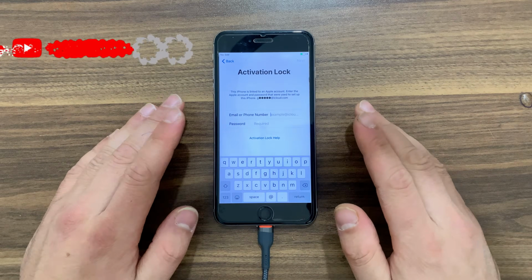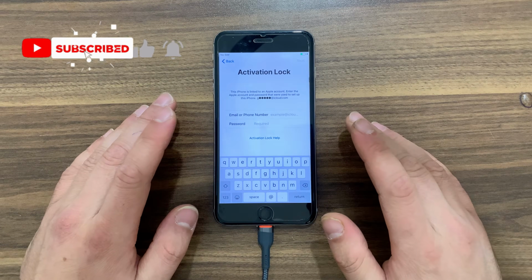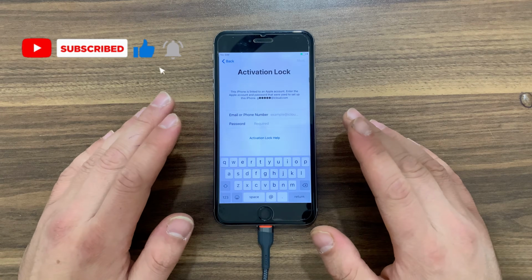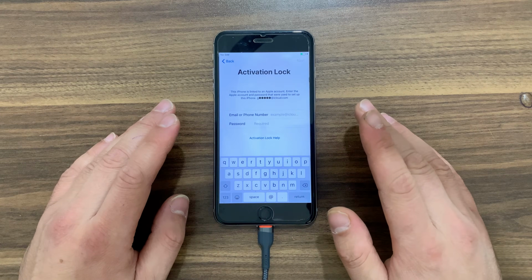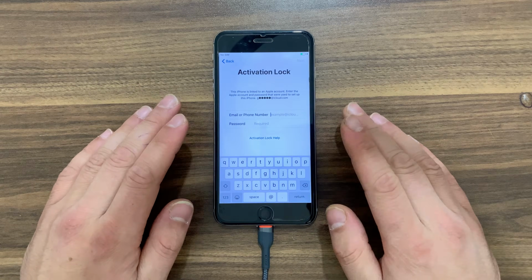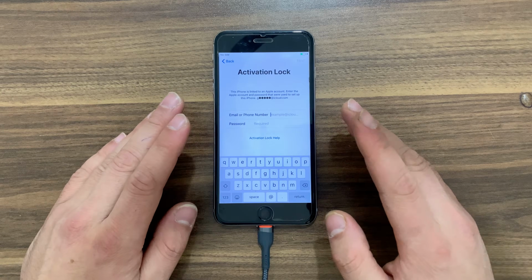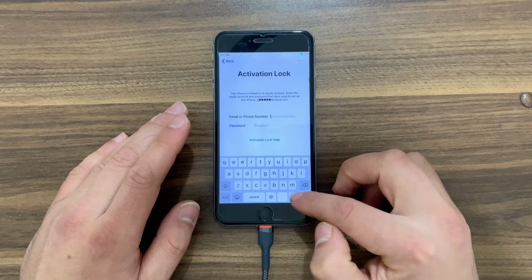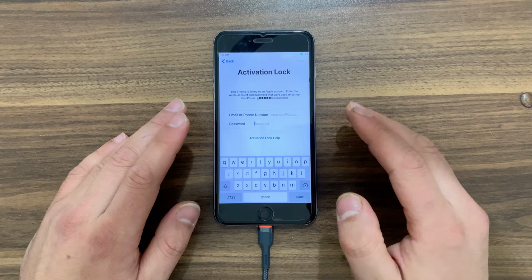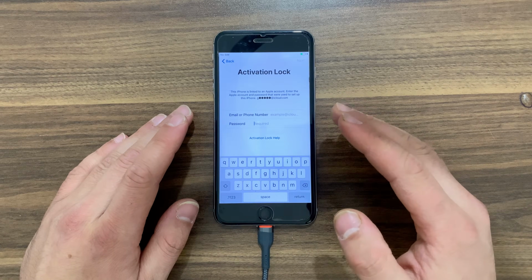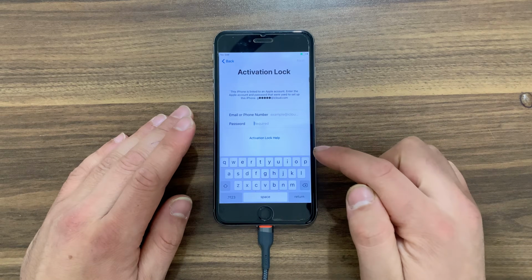Does your iPhone get stuck on the iPhone lock to owner screen, the activation lock screen, or the disabled screen, or did you forget your passcode? If so, don't worry, I got you. This is my iPhone and it's stuck on the iPhone lock to owner screen and I can't use it at all. Today I will show you how to unlock your iPhone without a password in just a few simple steps